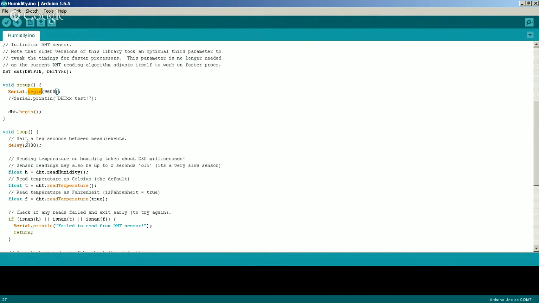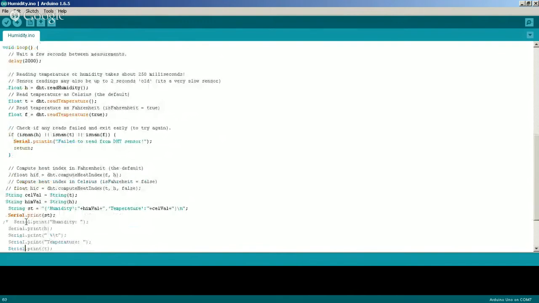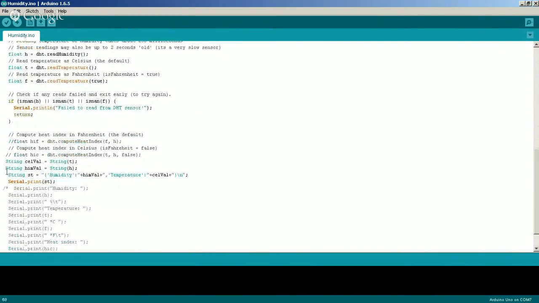And now it is a delay for 2 seconds, and then it's reading humidity, and it is a float temperature, and this is the Fahrenheit temperature. So this is reading one loop, and after that I am creating one JSON string, which I will post to the cloud.